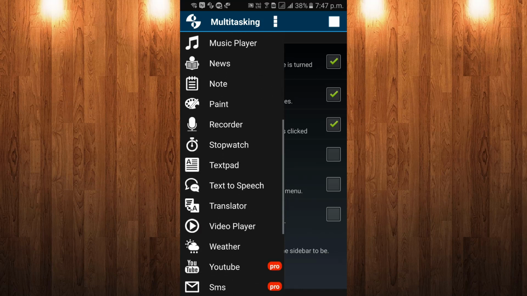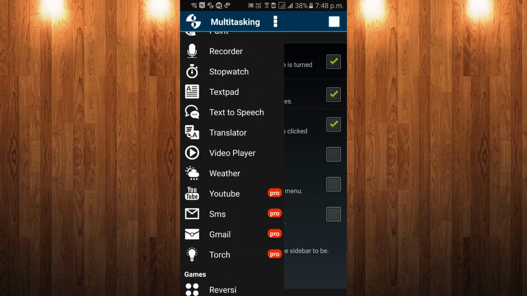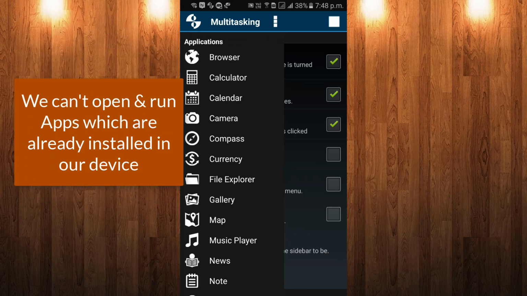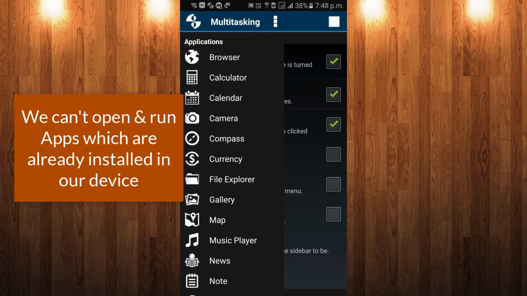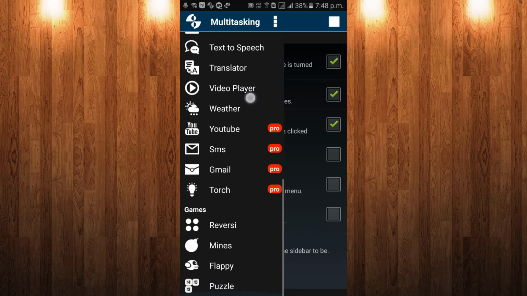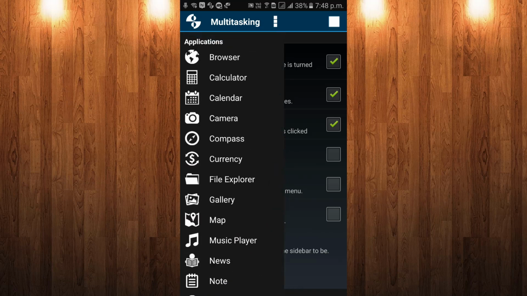In these apps there is one limitation: you can't open and run your already installed apps in your mobile through this Multitasking app. Otherwise you can open it. For example, there is no Facebook in this list, but you can open Facebook except these applications. Suppose for example I am opening the browser here.